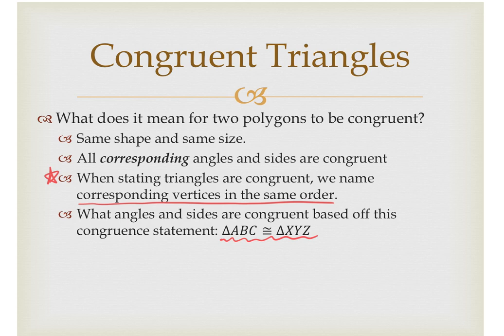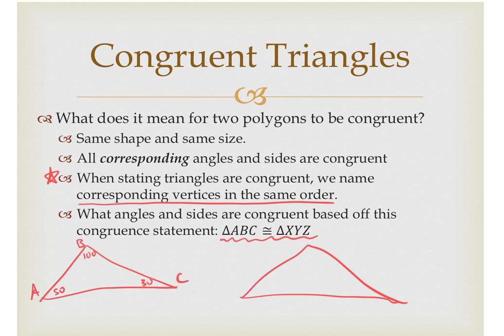If I have triangle A, B, C, and we're going to pretend that angle B here is 100, and then this looks like a 50, and this looks like a 30. Now according to my congruency statement, triangle ABC is congruent to triangle XYZ. In order for this to work,